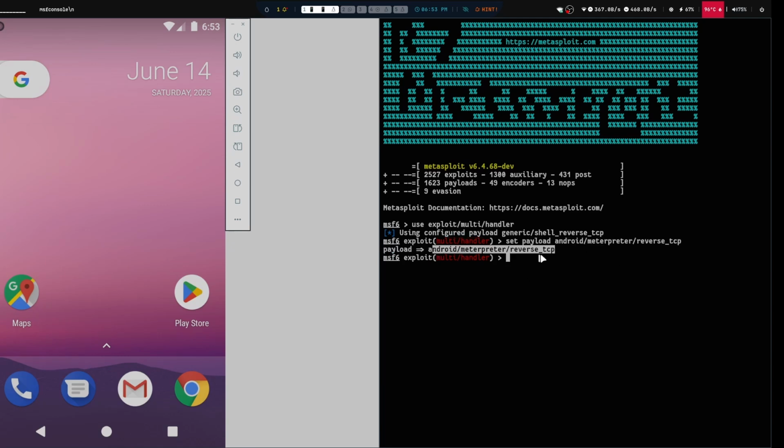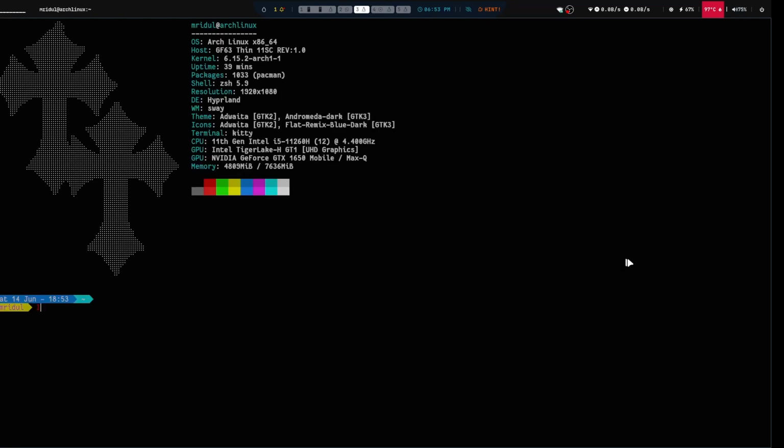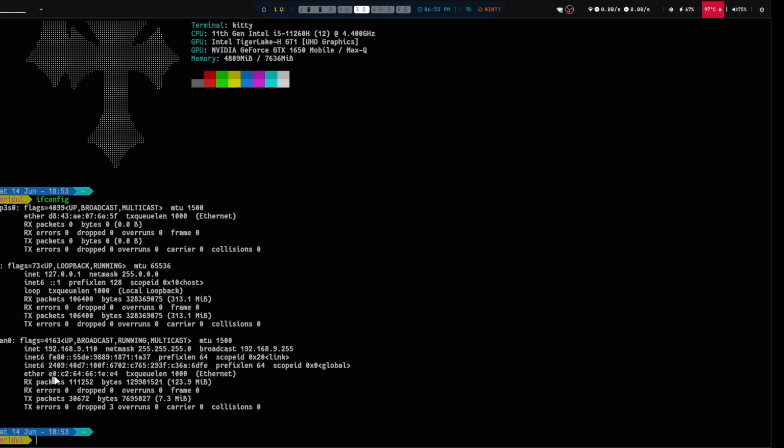After this, you have to set the LHOST and LPORT. You have copied your IP, I think, so you just have to type your IP right here. I will look up my IP. What's my IP? 192.168.9.110.